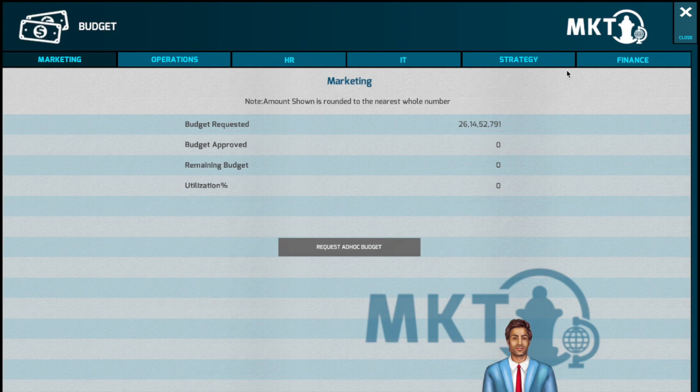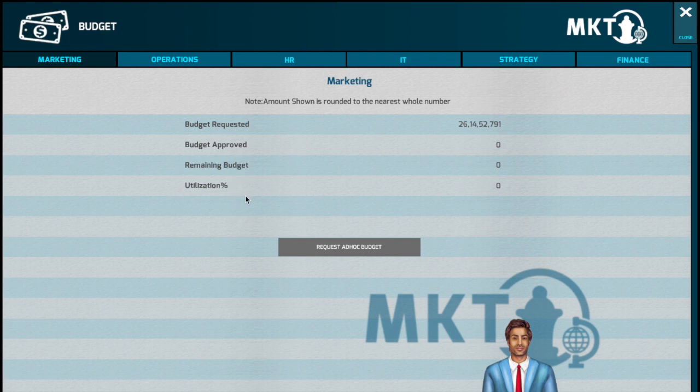In order to know more about the budget utilization and budget availability, you would need to click on the budget menu. The budget section gives you a summary of the budget requested by the department, the amount that you have approved. The remaining budget is nothing but the budget approved minus the amount that the departments have utilized, and finally